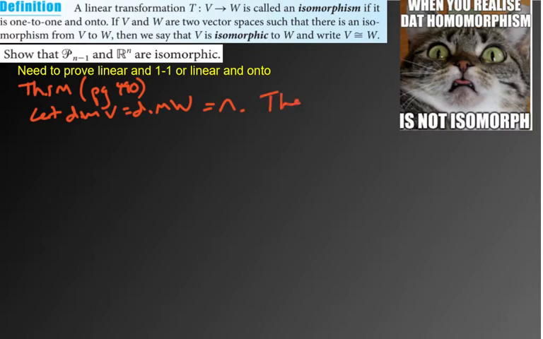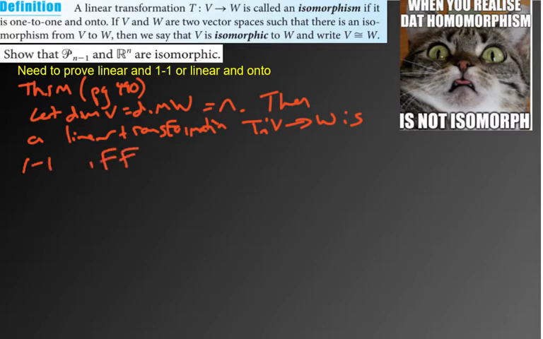Then a linear transformation T from V to W is 1-to-1 if and only if it is onto. All right, so if you think about this, basically what we're getting here is if two spaces have the same dimension, which is easy to see, okay,